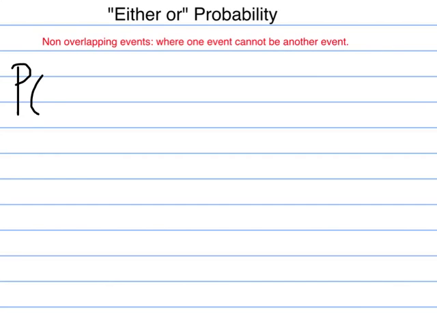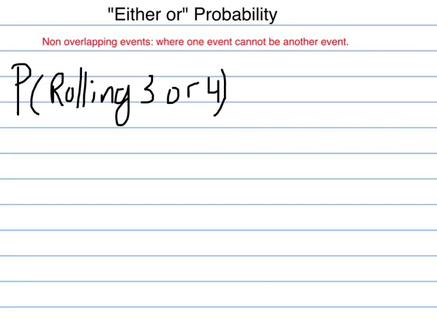do a dice, rolling a 3 or a 4. So first thing we need to look and check is if 3 can ever be a 4, because non-overlapping events are where one event cannot be another event. So since a 3 can never be a 4, to find the probability of either-or of non-overlapping events, it's